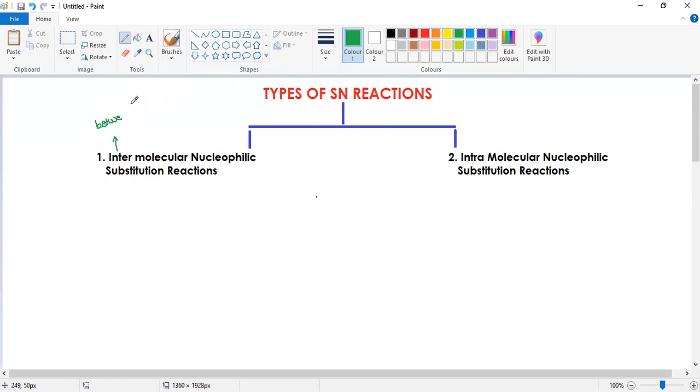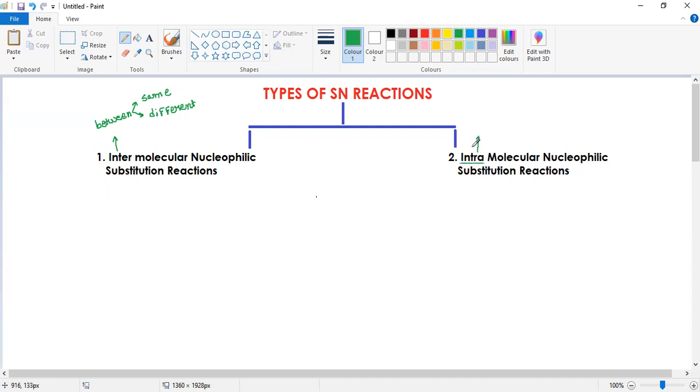Between. So between what? Whether it may be the same molecule, otherwise different molecules. Same or different molecules. And whereas intra,